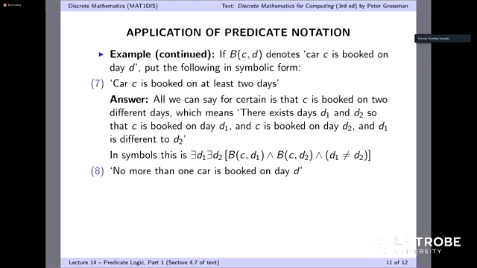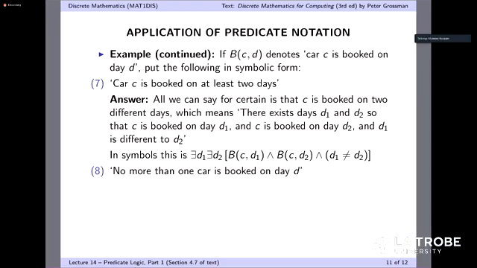There are definitely more than one cars from the look of it. What we want to say is that if there is more than one car booked on day D,